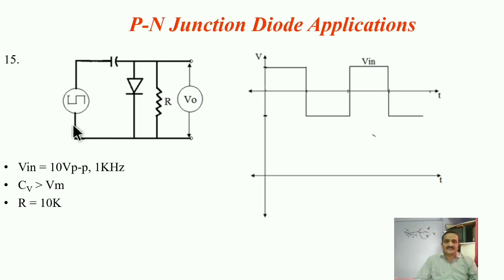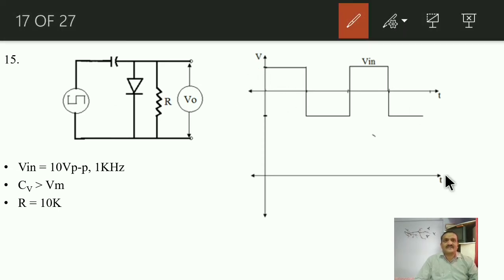Now in this case, what nature of output? Now the applied input is square wave. It is known as a clamper circuit. During positive half, diode will go on to conduct, capacitor will get charged up like this. Here it is considered the value of this R is somewhat large. That's why I mentioned it as 10K. Okay, so this capacitor will go on to charge like this.